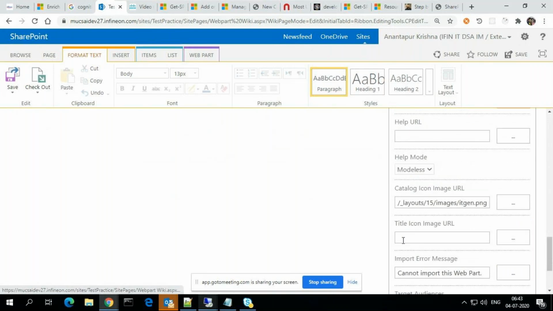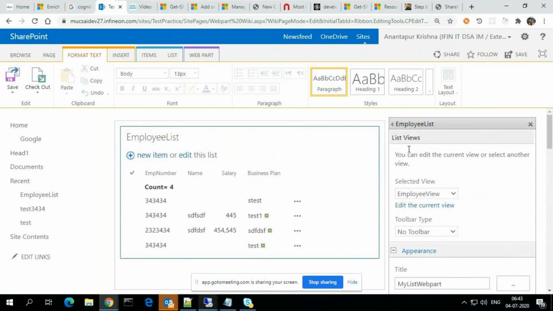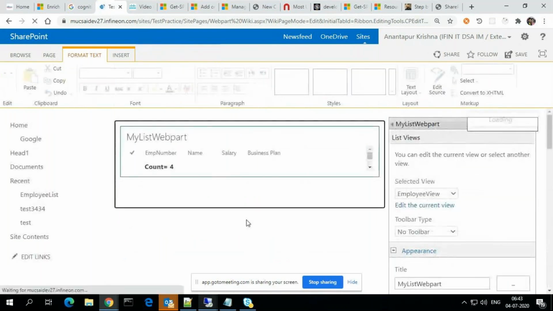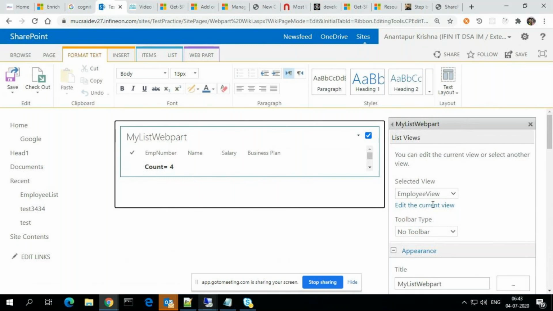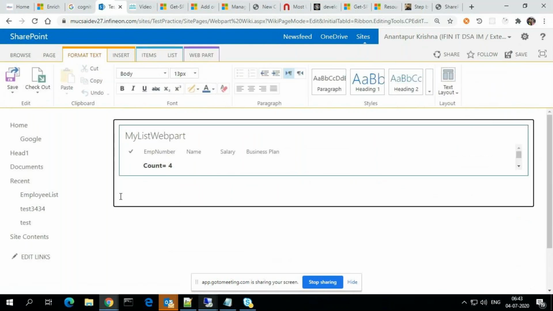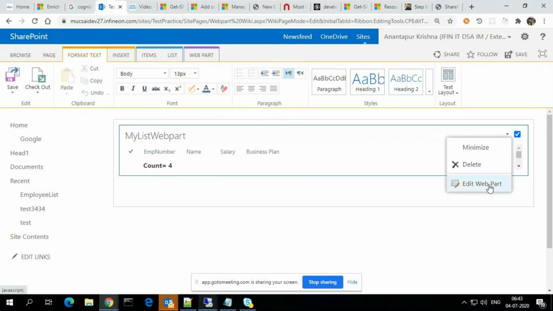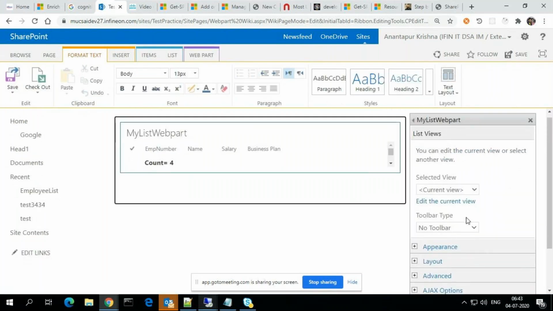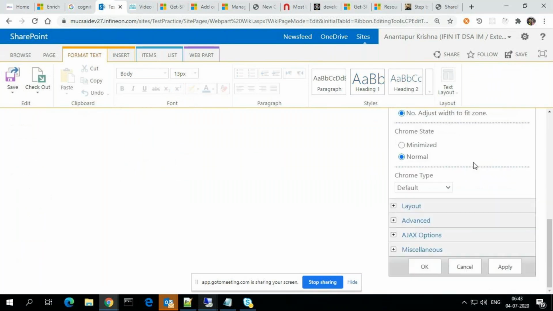So mainly, we have to know what the functionality of the web part is. Like it is displaying just a list view here. So once you give all the properties, click on Apply, then the changes will be applied here, and you have to click on OK. Once you click on this, the property pane is closed and it will be shown like this. Suppose you have to change it again, just click on Edit Web Part again and then go to Appearance, same thing.